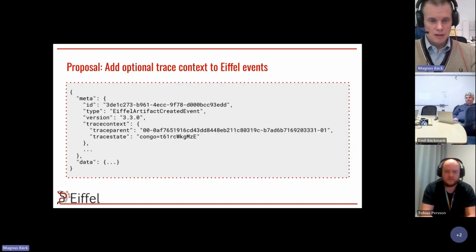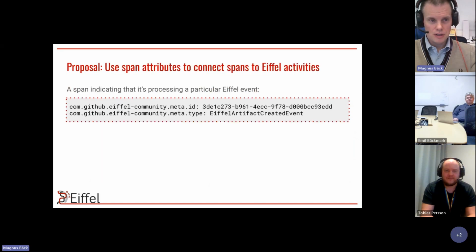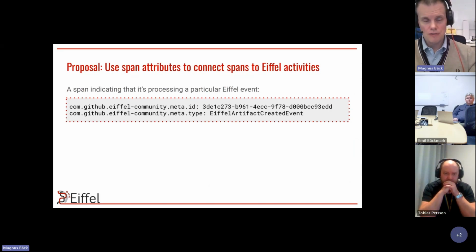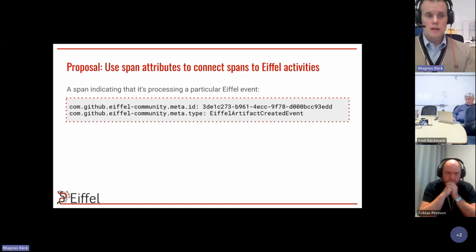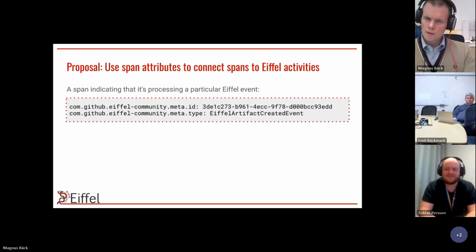So I had one more slide. That's quite a bit shorter. Let's see how much discussion it results in. The other way around is to reference Eiffel events from your spans. Here we can use span attributes to link to Eiffel activities. I'm writing activities here specifically; I think that's the only thing that makes sense, although theoretically, of course, we could connect them in other ways. Wait a minute, I'm saying activities, and then in my example, I have an artifact. Anyway,